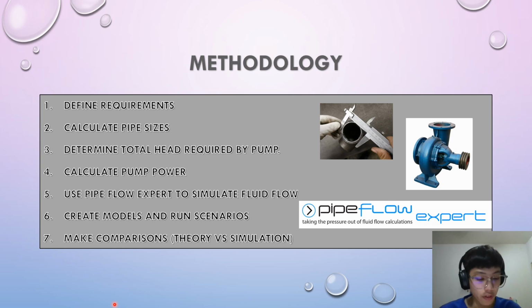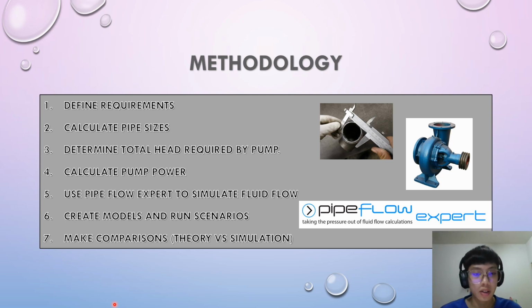Software like Pipe Flow Expert may be used to model the system and verify the initial design calculations, ensuring all components work within the defined parameters. Number 6, create the model and run scenarios. A detailed model of the piping system is created, inputting the calculation parameters and running various scenarios to observe system behavior under different conditions. Number 7,